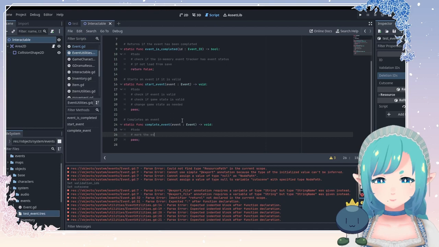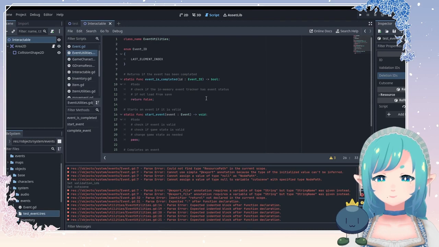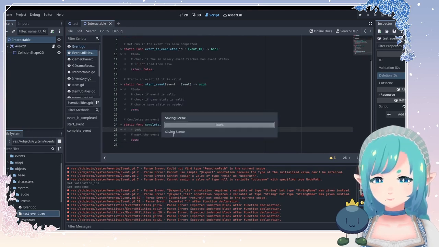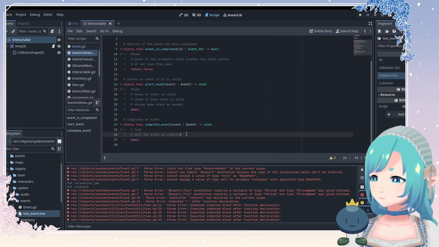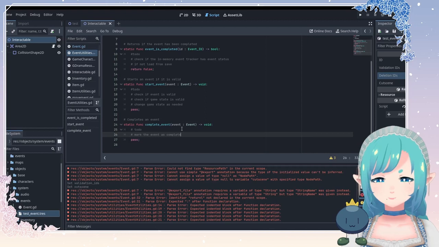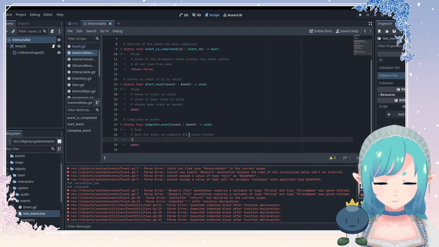Mark the event as complete. Okay. Yeah, so we mark the event as complete, and then we, with the event tracker, and then we need to